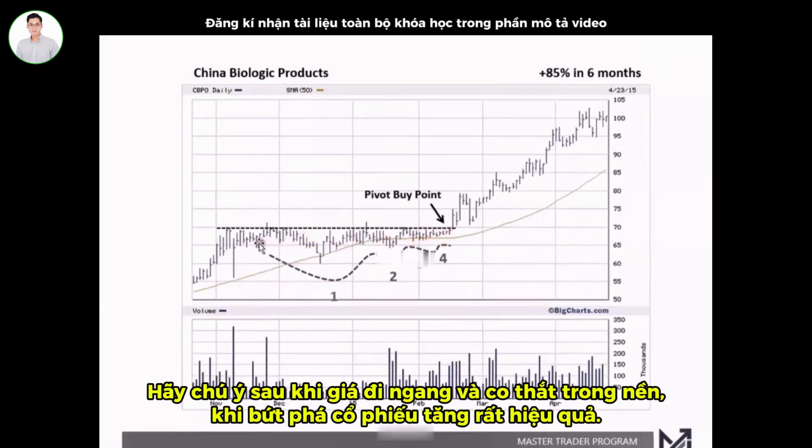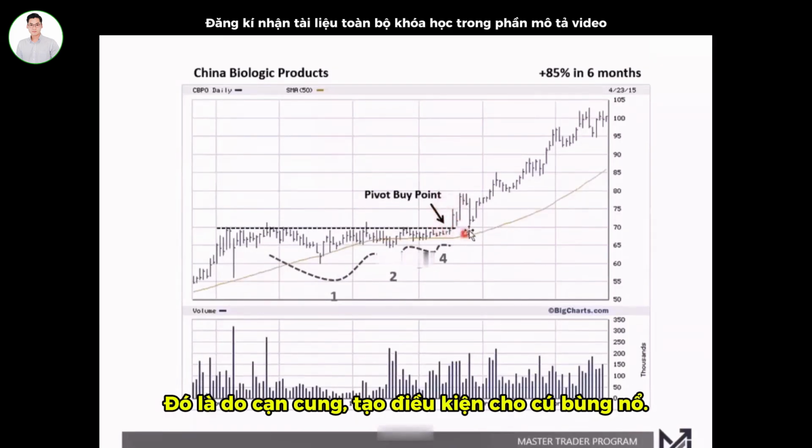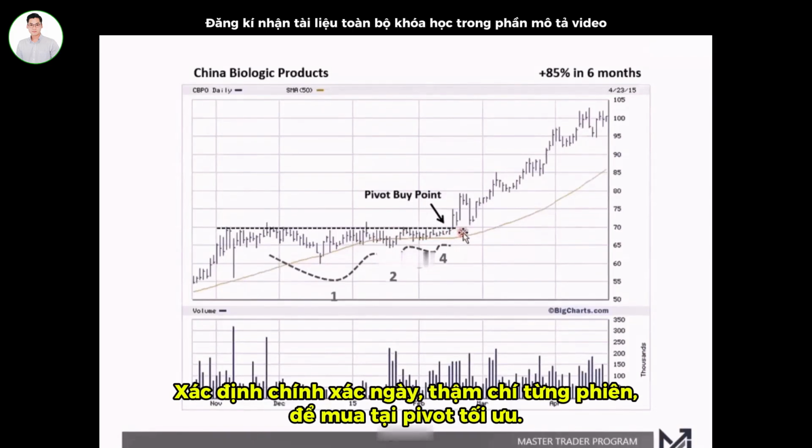So again, I want you to look at how the stock, once it comes out of this base, just moving sideways and going through these contractions, explodes and comes out, and it's so efficient coming out of there, right? That's the lack of supply. The lack of supply sets that up. And what you're trying to do is time that trade perfectly. That's what specific entry point analysis is: coming to that very specific day, right down to the day, and really zooming in here to get that